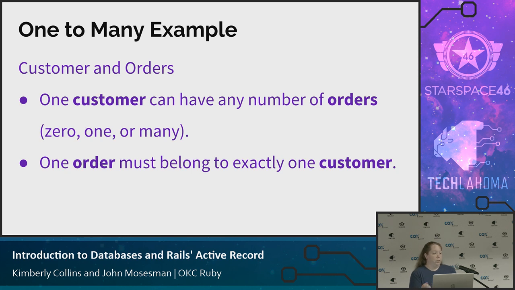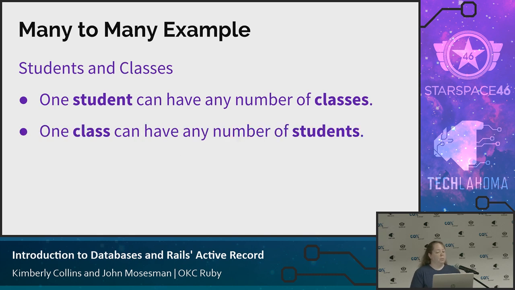And so this will be a question that you need to ask, either just to yourself and say, okay, just one, or maybe to your business side. Can an order relate to multiple customers? If so, I really need to know that. So this is the question that you'll be asking just over and over and over. An example of many-to-many is our students and classes. One student can have any number of classes, none yet, one, more than one, and vice versa.